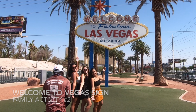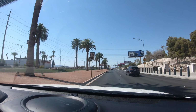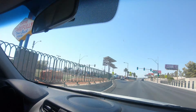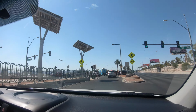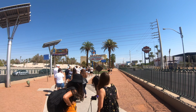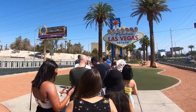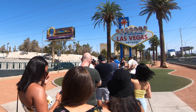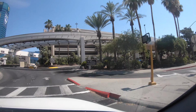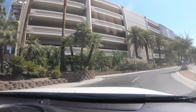The next thing that we did is we went to the Welcome to Fabulous Las Vegas sign, which was kind of interesting because it's in the middle of the median. So if you're driving in, you go to the middle of the median, and there's a bunch of parking, and there's actually a huge line to get a picture by the Las Vegas sign. We tend to think that we're just going to get there and there's not going to be a line. There's a line, trust me. So bring bottled water, and I would recommend going early. We were able to hit the Las Vegas sign and the Hoover Dam before noon